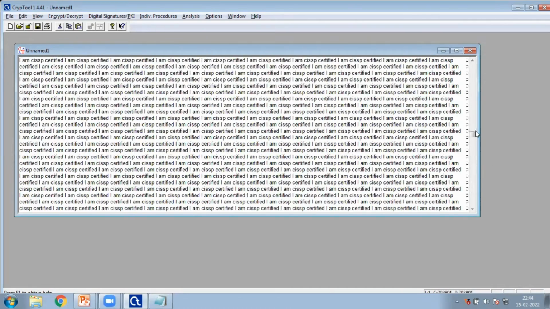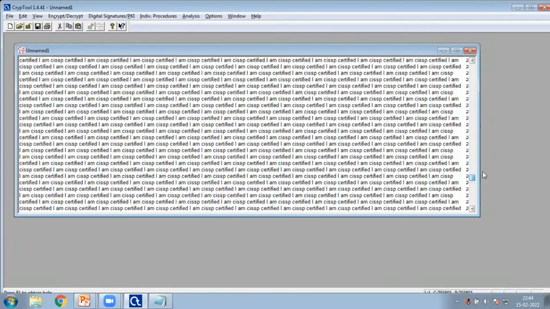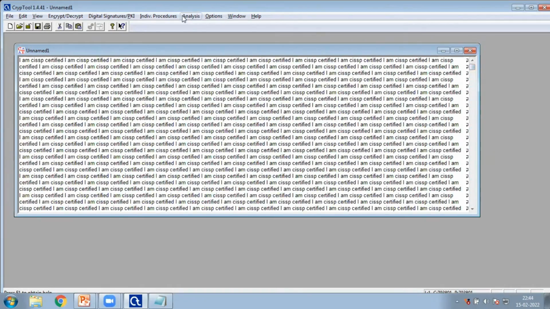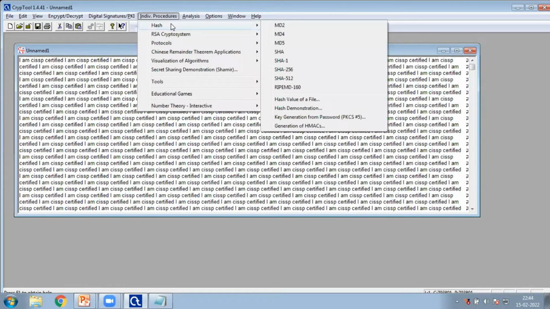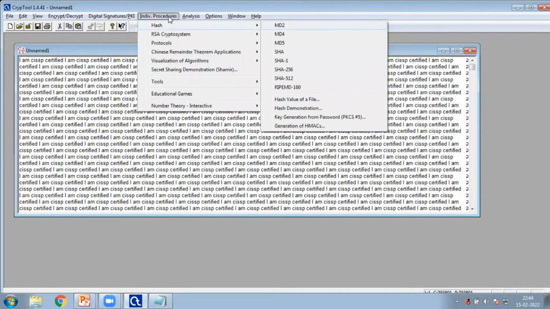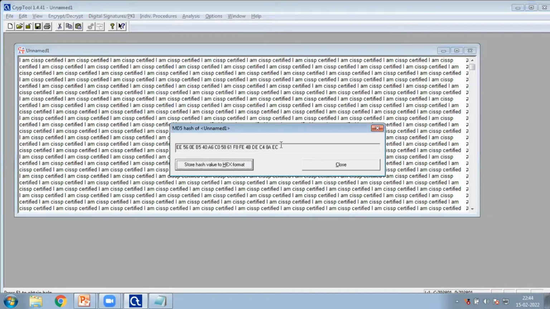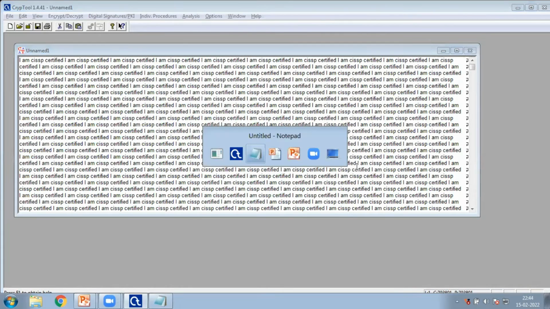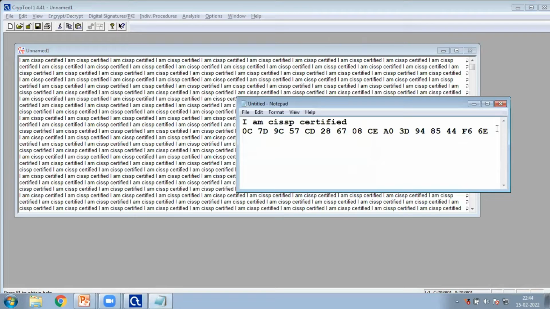If you see here, it has changed to a great extent. Hashing algorithm, MD5. Yeah, this is the hash value. If you actually look at this hash value, it's totally different. That is number one. Number two is that from this hash value, it is impossible for me to calculate what my input is. Now, even if I send the complete Shon Harris all-in-one CISSP preparation book,